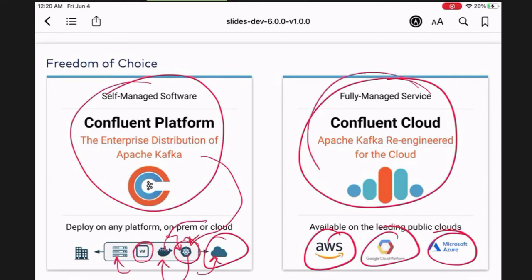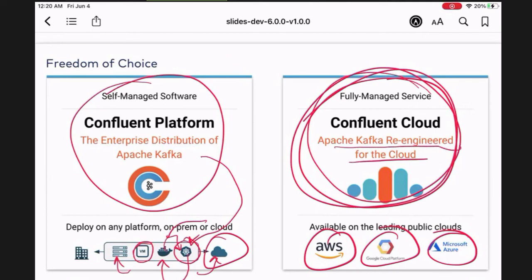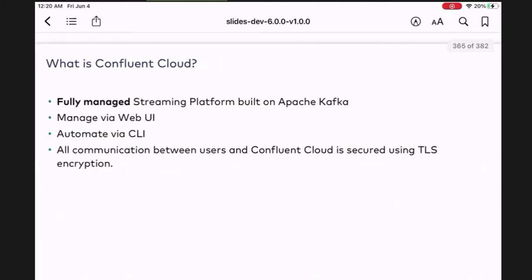The fully managed one is where we manage everything for you, right? It is Apache Kafka re-engineered for the cloud. Really powerful. You don't have to worry about a lot of the administrative concepts. You just say, look, this is the performance I want, this is how many, and we just take care of it for you. It's really amazing.